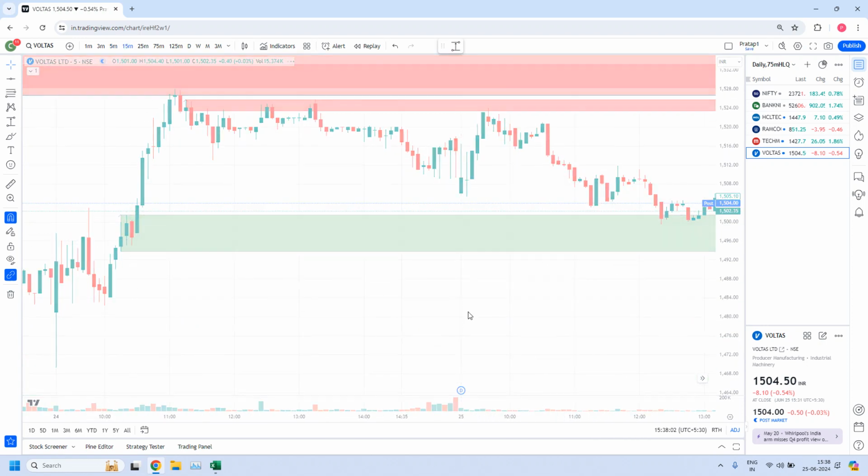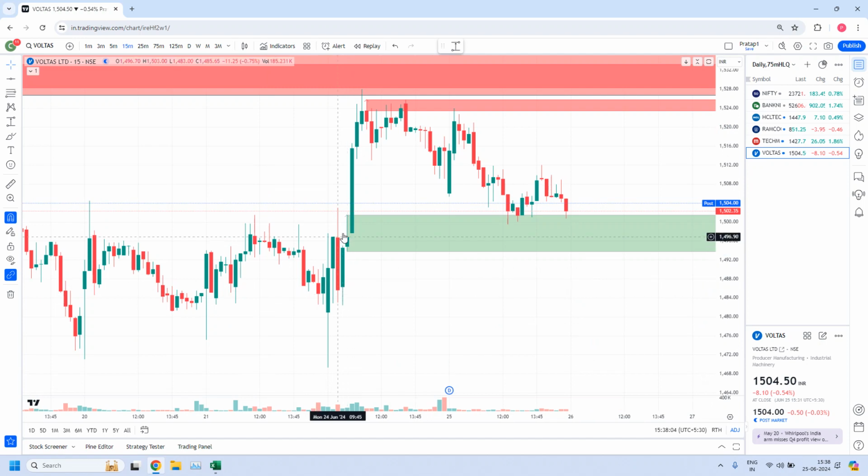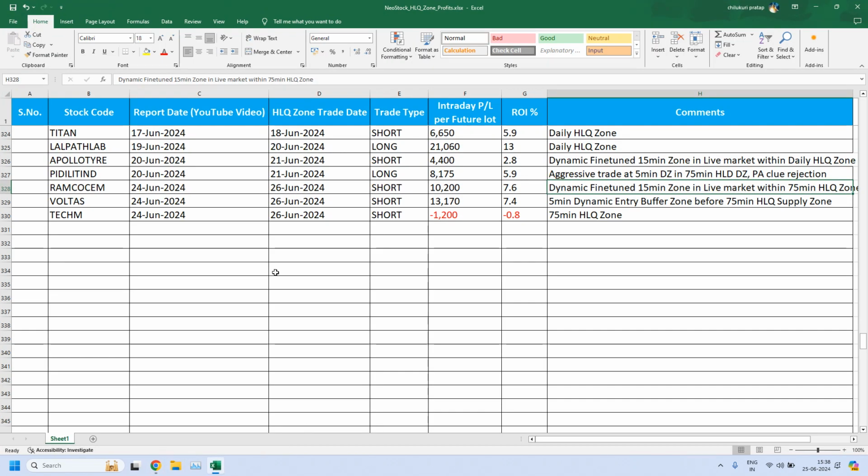Let me change the time frame to 15 minute zone. See here you have a rally, base, rally. And today prices reached this zone. And when we got the entry today, at 9:30, 15 minutes candle we got the entry. And when it reached the target, at 12 o'clock, 15 minutes candle, it reached the target. And this is the way VOLTAS has given a profit